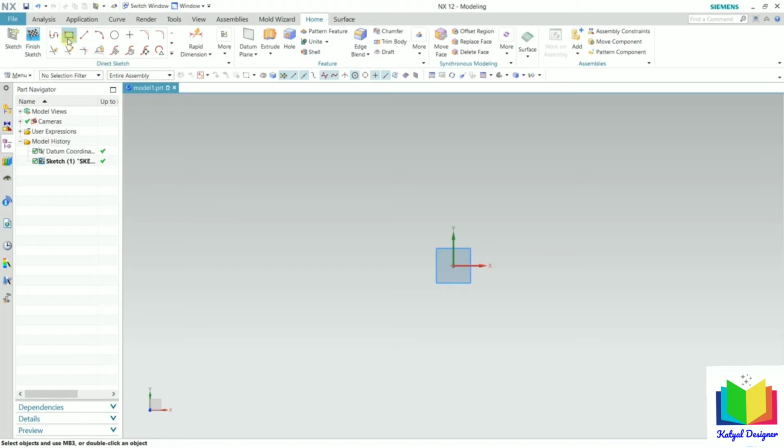Now we can see the rectangle. When I click on this rectangle tool, we can see in NX we have three types of rectangle: 2-point, 3-point and center rectangle. Again, for the input method we have coordinate system and then parameter mode. Now before drawing the rectangles, let's first understand some basics of the rectangles.